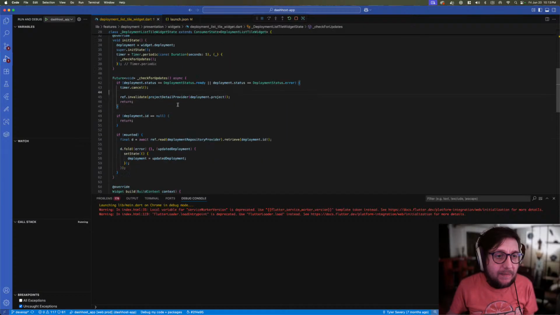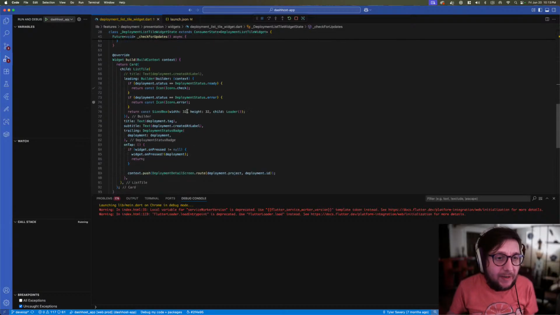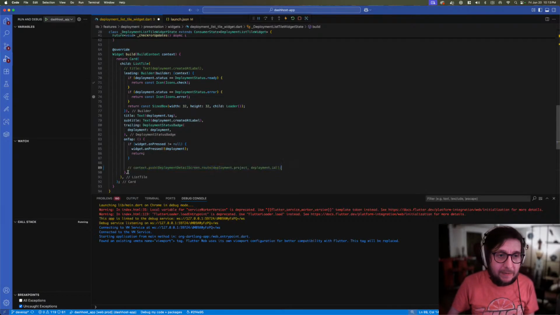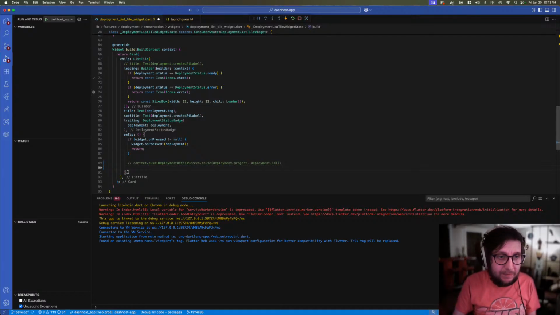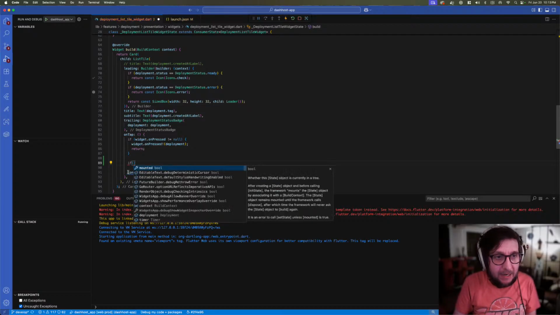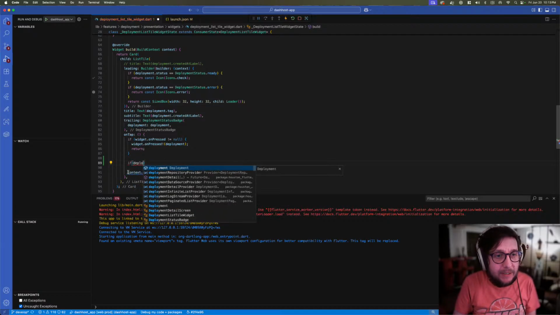Imagine there's an on click event somewhere. Yeah, on tap. I guess we would still want to, if that gets overridden, but we no longer want to go to this detail page, basically. Or I guess we might want to go to that detail screen, because to make this backwards compatible, we're going to check if our deployment dot